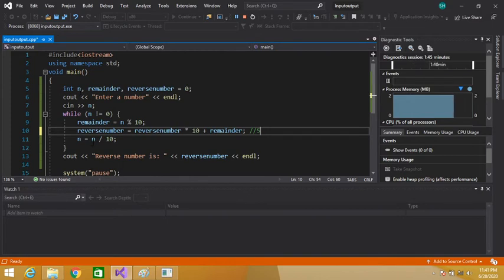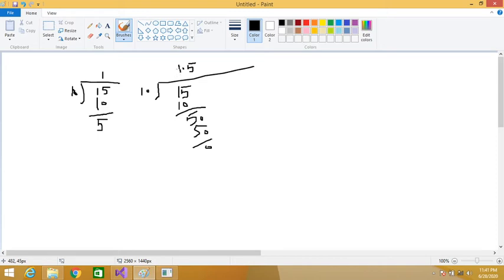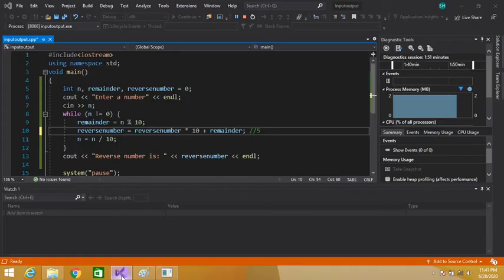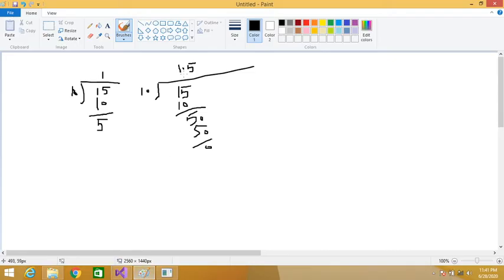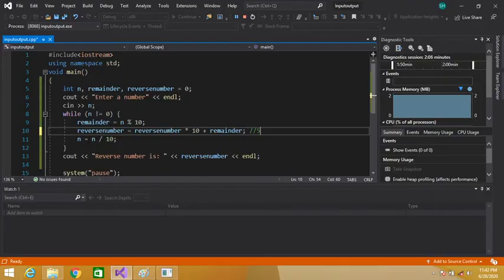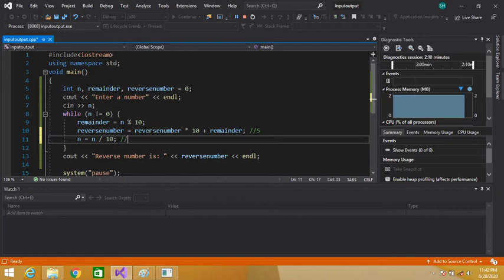So it will only take its integral part. So only 1 is stored in n now. It will ignore the fractional part. So now n contains 1.